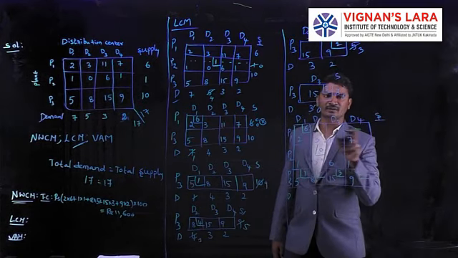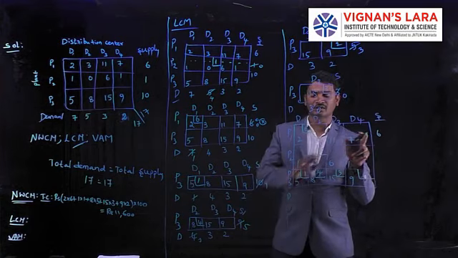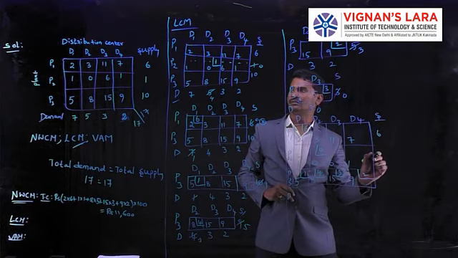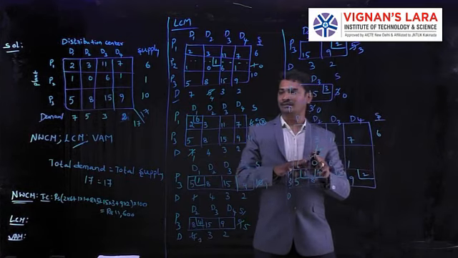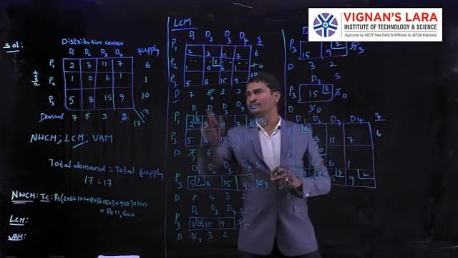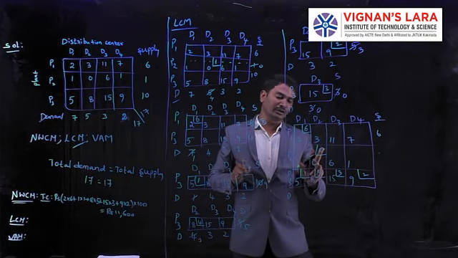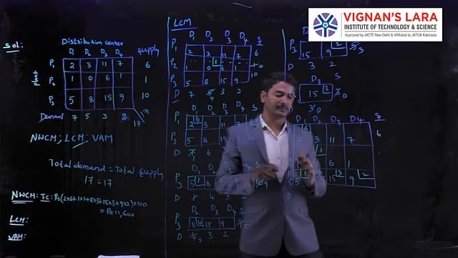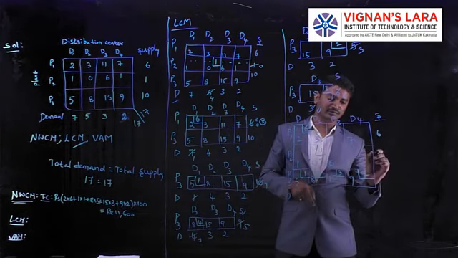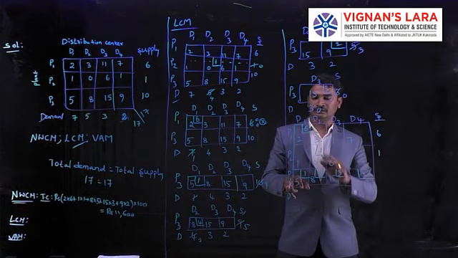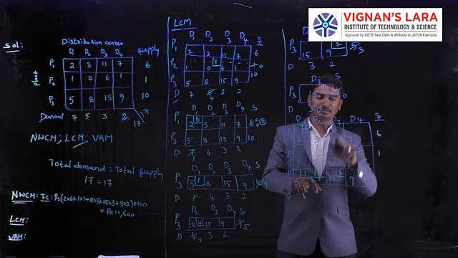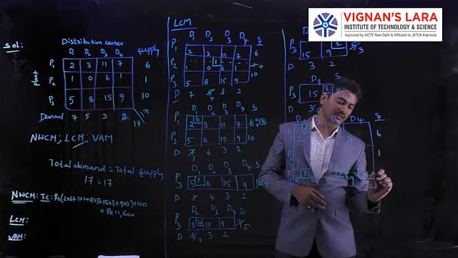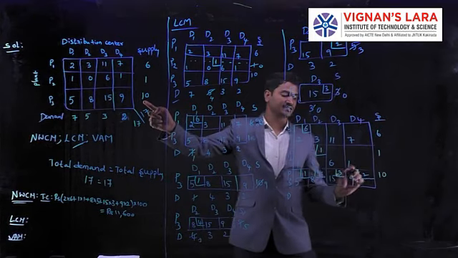Total supply at the first plant is 6 units. Already we allocated 6 units. In our problem also we have 6, satisfied. Sorry, at P2, D2 how many units we allocated? P2, D2, 1 unit we allocated. Next P3, D1 is 1, P3, D2 is 4, P3, D3 is 3. Total 8 and plus 2, 10 is there. So it is also satisfied.